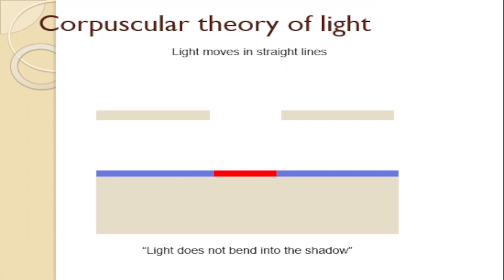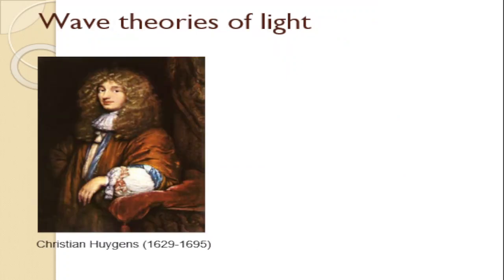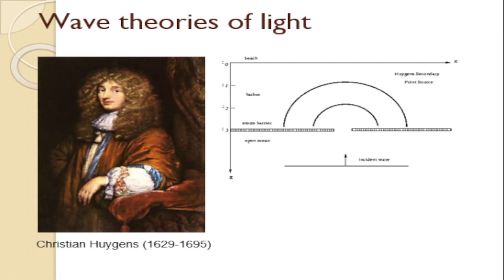That is based from Isaac Newton. But here comes another scientist. We have Christian Huygens. Christian Huygens believed that light is a wave. That's why he has this wave theory of light. So for him, light creates as a wave because